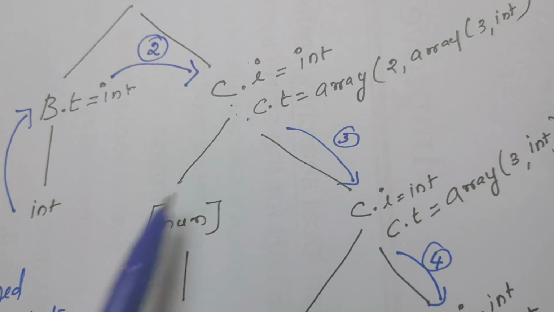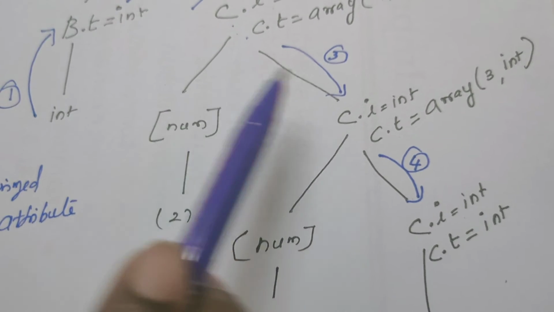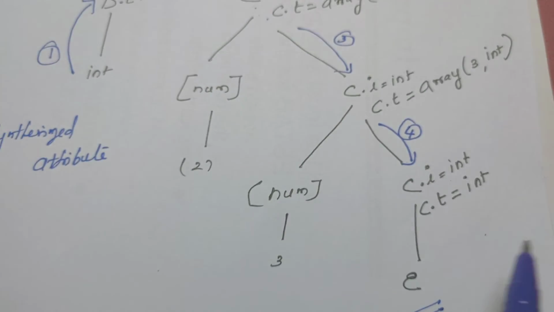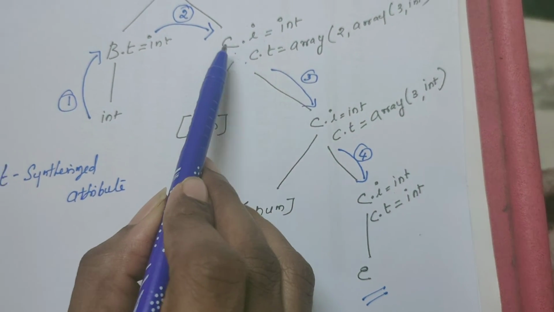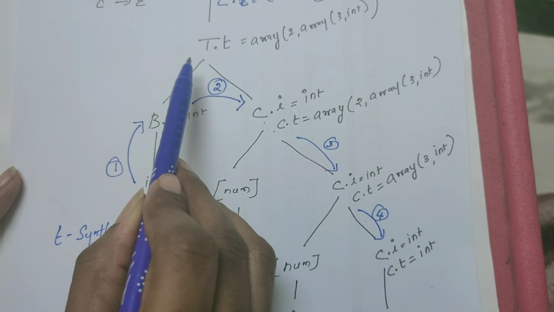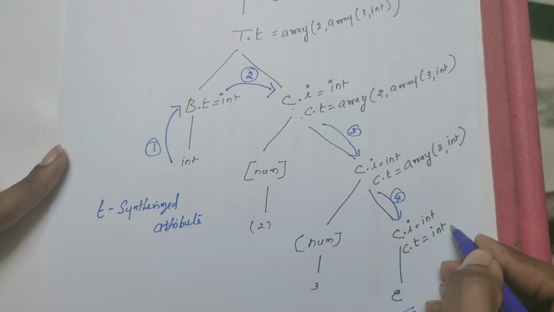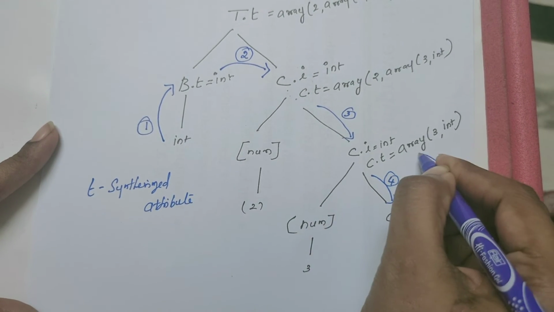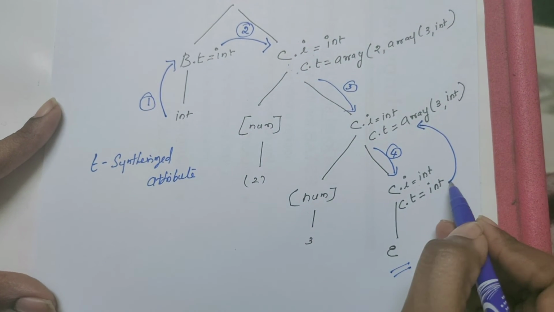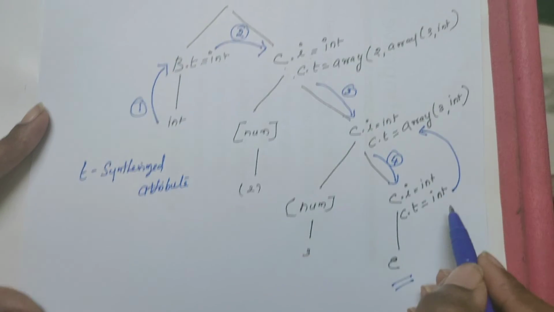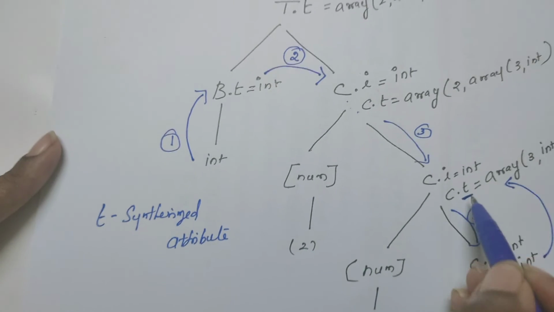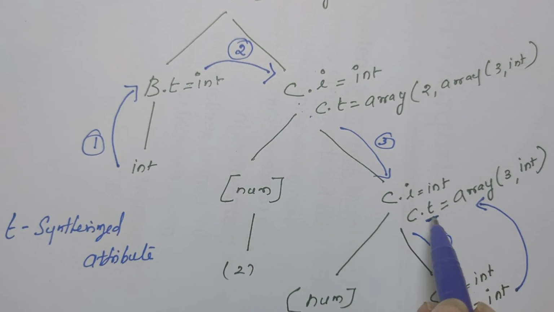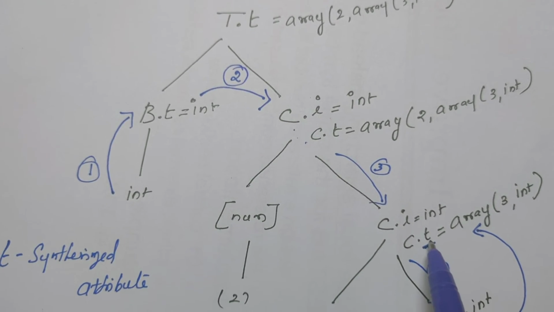This C is expanded as a complete subtree here. So whatever is synthesized here must move back to C, by the way, to the root of the parse tree, isn't it? So whatever is synthesized here, it is moving to its parent node. When it moves from the child node to the parent node, the attribute becomes a synthesized attribute. So now this node is defined by the synthesized attribute called T.